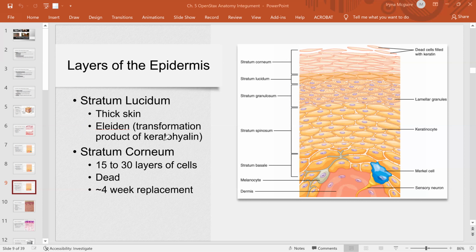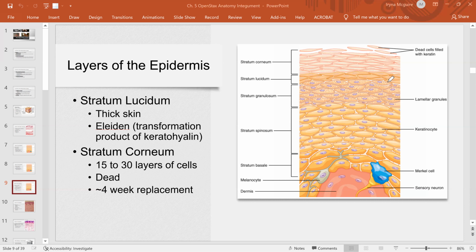They accumulate first this keratohyalin, then eleidin, and they deposit it outside of the cell. So pretty much those proteins kill the cells. And what we have is pretty much the cell membrane surrounding a bunch of keratin fibers, and there will be some glycolipids in between